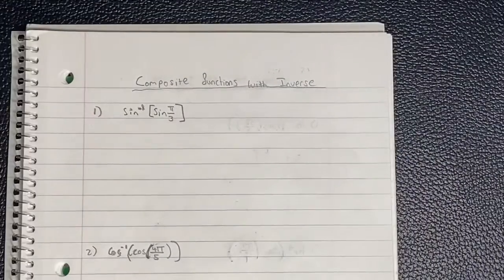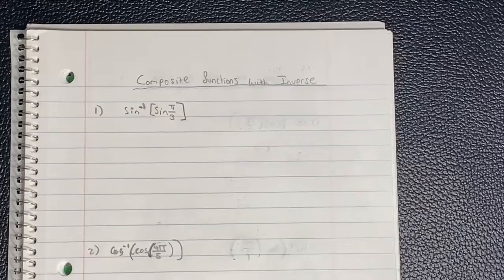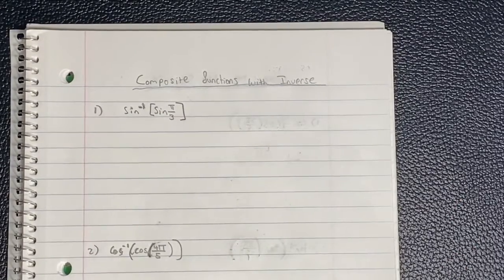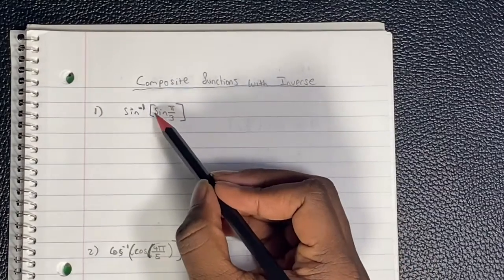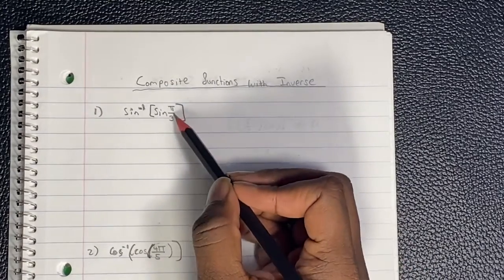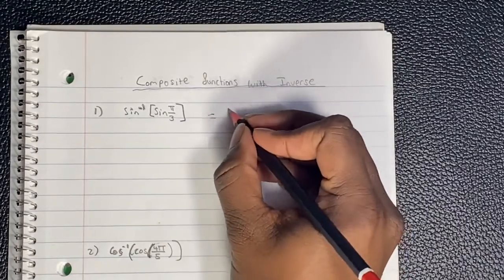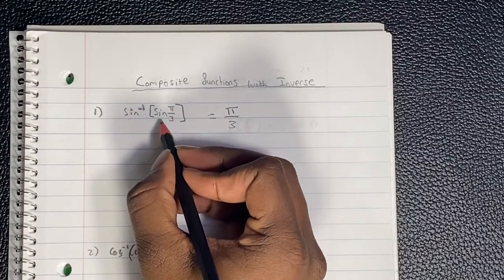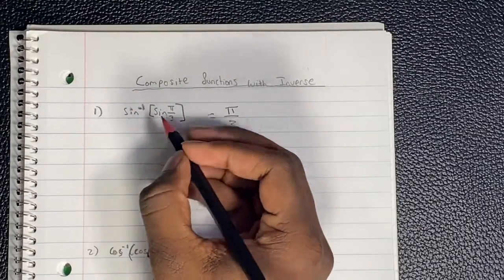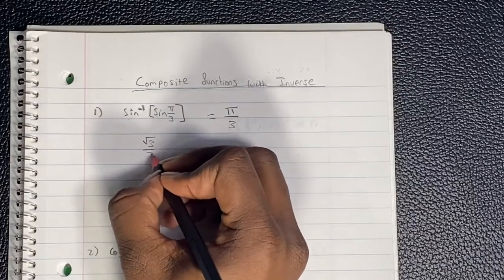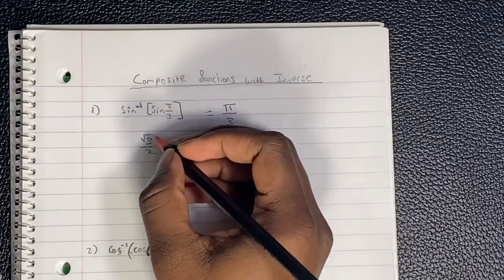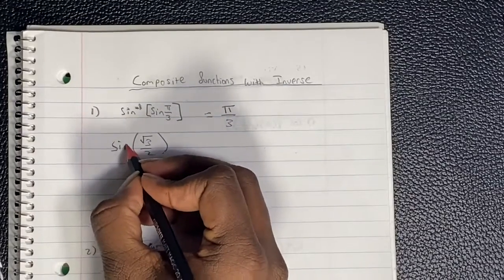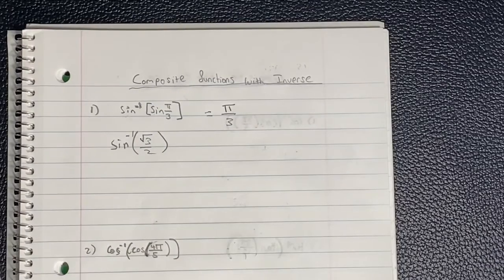So let's get started with our first problem. Alright, so sine, inverse of sine pi over 3. Whenever you have the same function, you can pretty much just cancel it out, and this is the answer. So the answer of this is pi over 3. But to explain it, let's do the problem the long way. The sine of pi over 3 is root 3 over 2, using my unit circle. And the arc sine of root 3 over 2